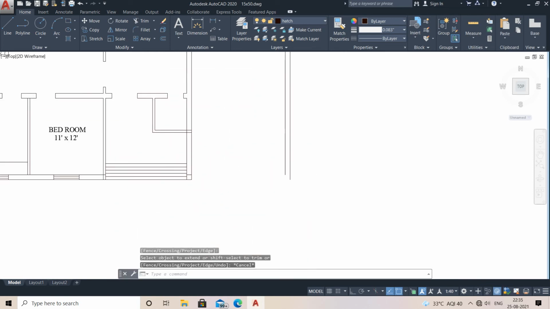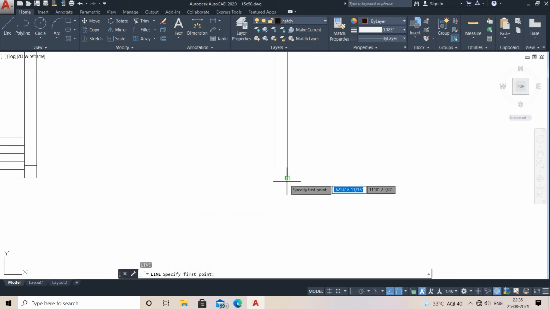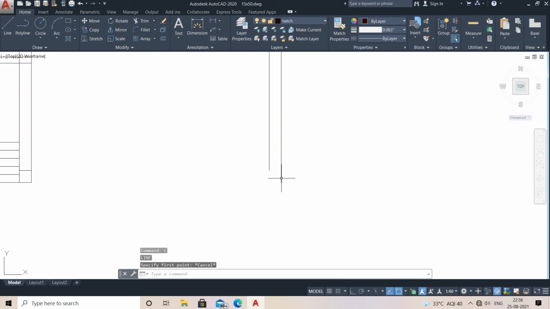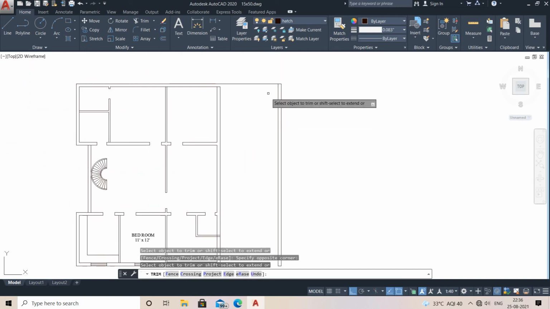After that I'm going to make a straight line on it. So before going to this, turn on your ortho, after that extend it. After extending, just delete or trim it. In the same way here also, just trim.